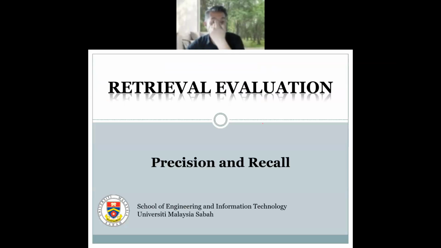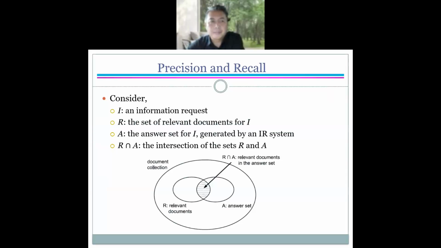Okay. So we will look into the precision and recall first. This precision and recall can be differentiated by looking at what is the denominator, apa dia punya pembagi lah. Okay, so given this is the information that you are looking at or trying to find,